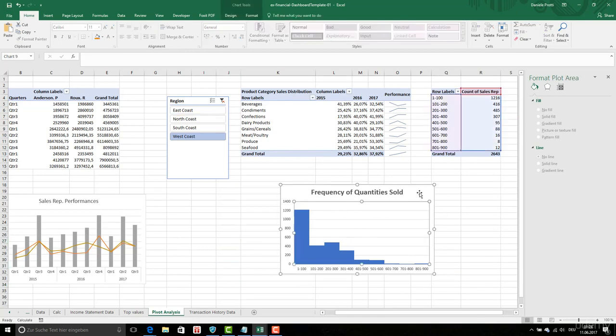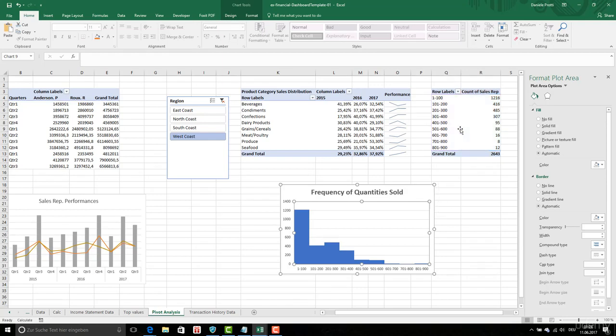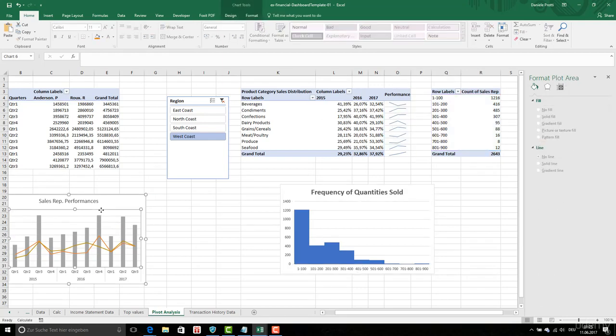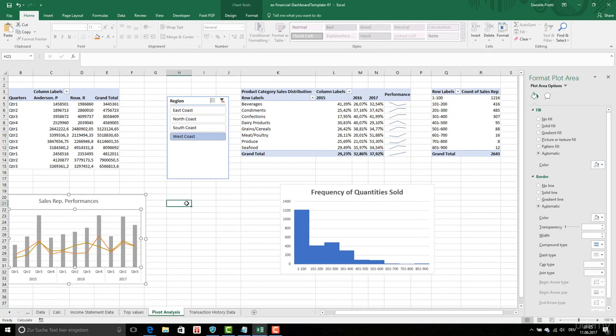Now we have this chart connected to this, then we have this with this information, and this chart coming from this. Okay,